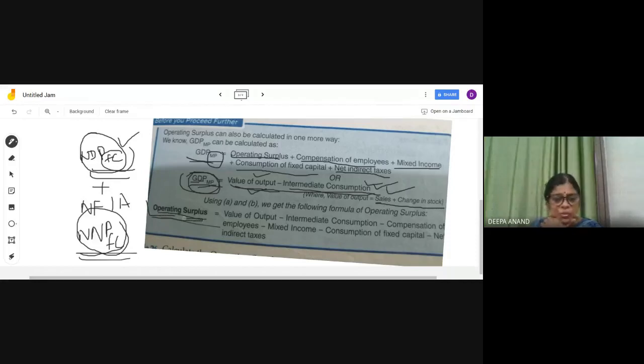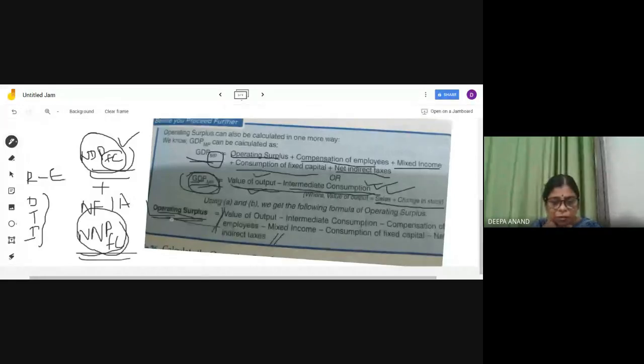Another important equation you have to see is in the case of operating surplus. What is operating surplus? Operating surplus means, in a way, you can say revenue minus whatever you have paid, revenue minus expenditure, isn't it? There you have seen operating surplus, many details are given: how much dividend, how much tax, how much interest. Add all those things, you will get the profit. Here, if you are given such details, the equation we select is according to the details given.